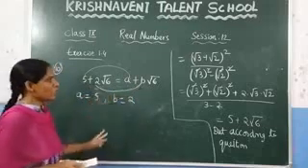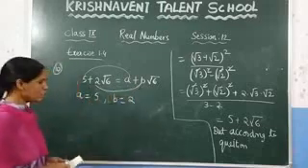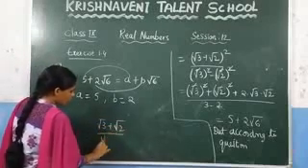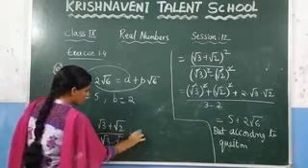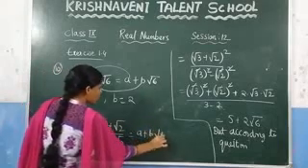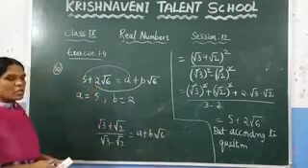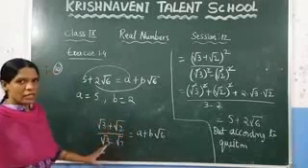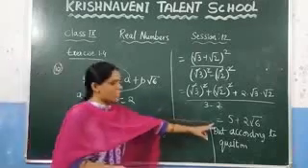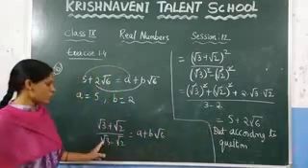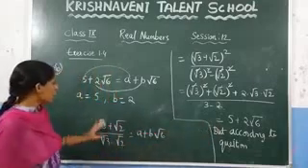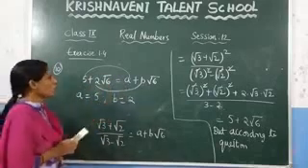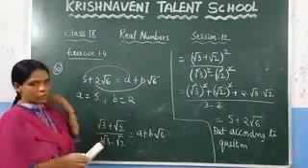Again here, what is given? You have been given one irrational number, which is root 3 plus root 2 by root 3 minus root 2, and they said that this is equal to a plus b root 6. From this you need to find the value of a and b. So what we have done here is just rationalize this value, and after rationalization we got the answer as 5 plus 2 root 6, and they have given in the question that these two are equal. So for that reason we have equated these two values so that we can find the value of a and b. Here is one more question that you can do as homework.